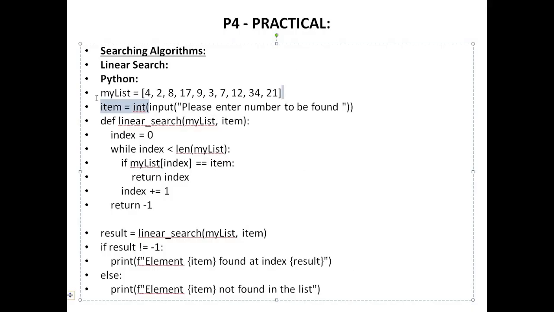If you are given an array, then first of all you are going to ask the user to enter a number or a name that you want to find in the array. After that, in Python, remember that whether we are searching something using binary search or linear search, or we are sorting something using bubble sort or insertion sort, we'll always make a function for that. This is the code for a linear search algorithm or function.